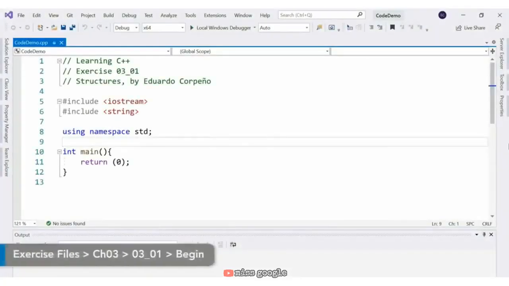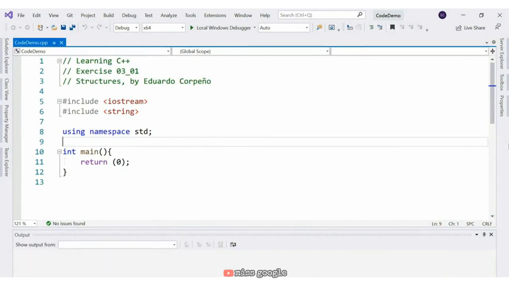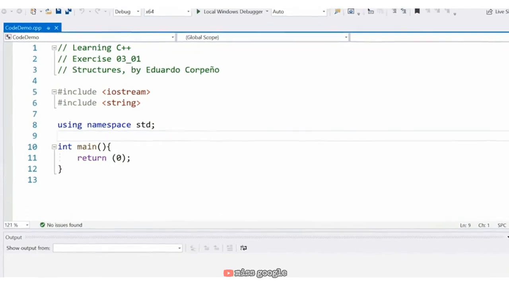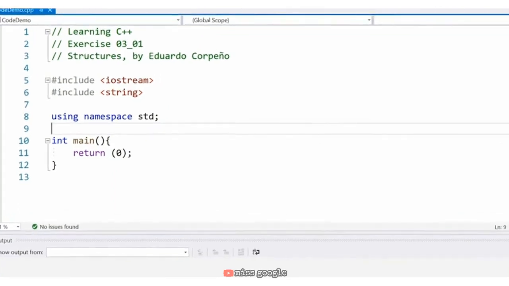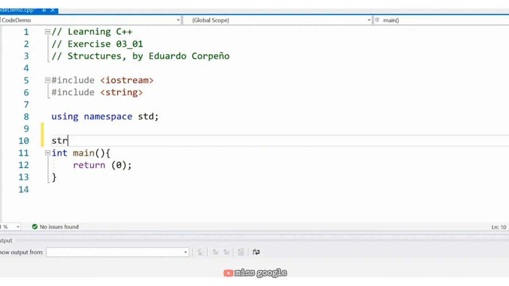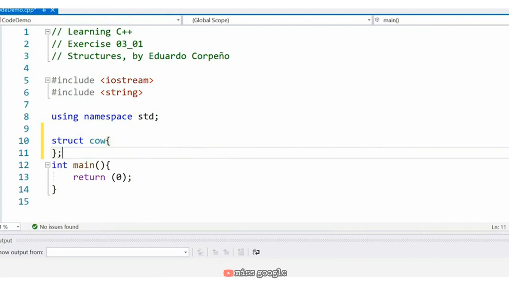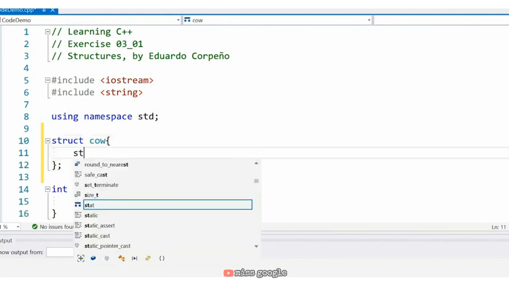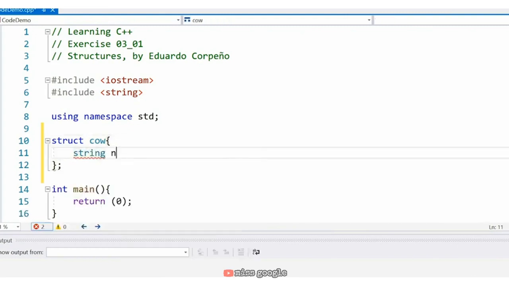Let's see a simple example of a structure. Let me start by defining the structure. For this, we will use the struct keyword followed by the name of the structure. We'll use this structure to make a simple model of a cow. So let me write this definition at line 10. The contents of the structure are enclosed by curly brackets, and the closing bracket does require a semicolon at the end. The cow structure will contain a string member for the name of the cow,